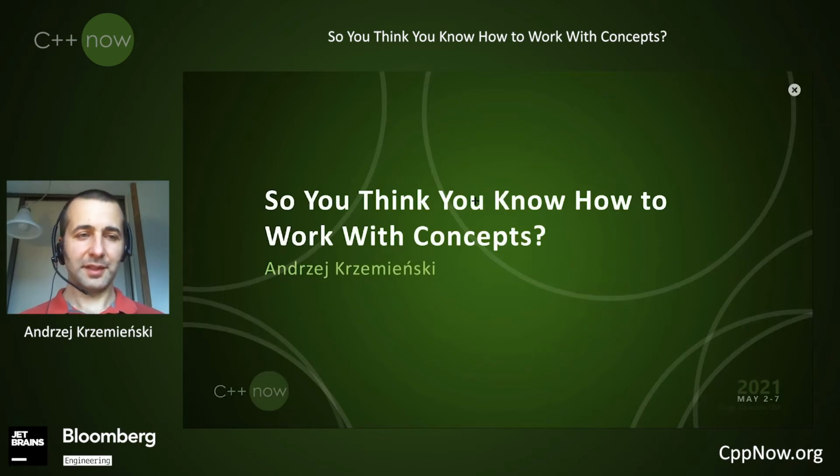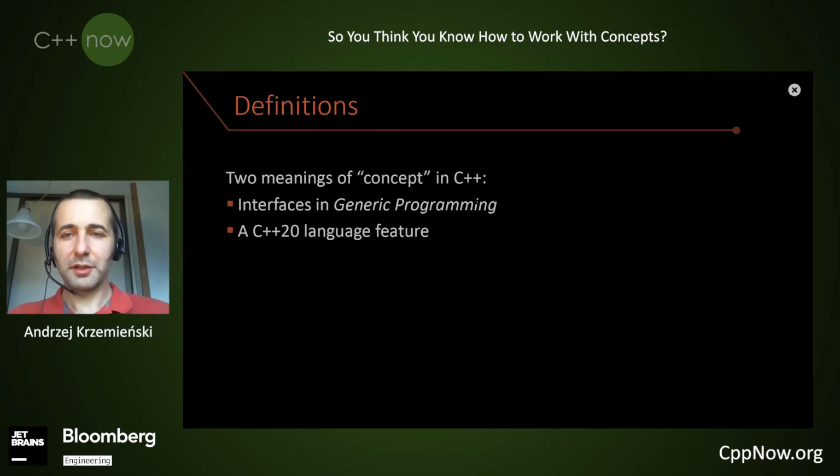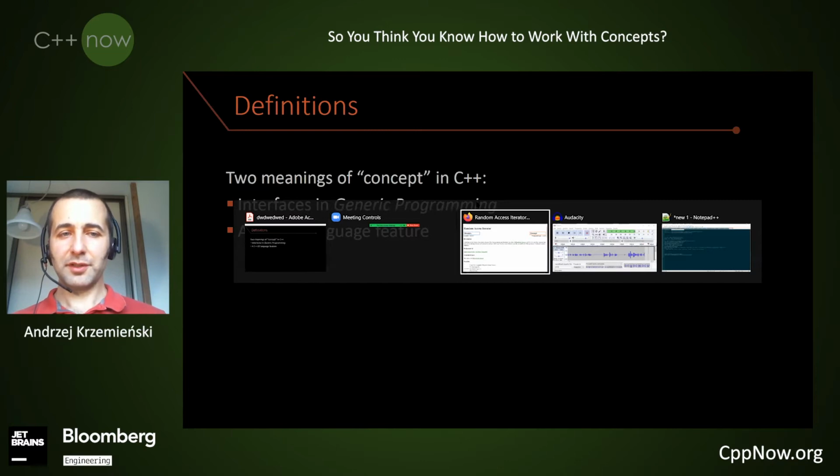First, we have to say something about generic programming, because when we use the word concepts in the context of C++, we can actually mean two things that are quite different. One is in the context of generic programming, which doesn't really require much language support. Generic programming is something that we've been doing for decades now, and we used concepts there. And there was no direct language support for concepts.